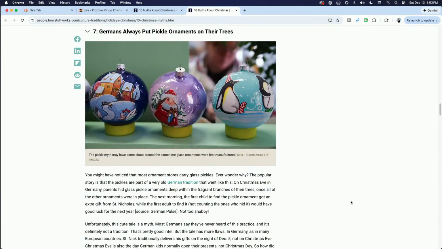So, has anybody heard for the holidays about the German pickle? Germans always put pickle ornaments on their trees. The reason this article caught my attention is because for years, my wife, whose parents told her she was German, did her DNA testing, and again, I don't know how much stock you can put into that, but she had 0% German in her, which I thought was hysterical because her whole life she grew up thinking she was German.